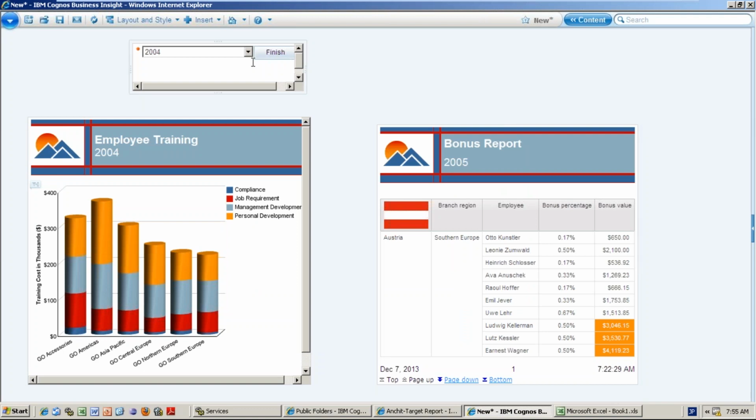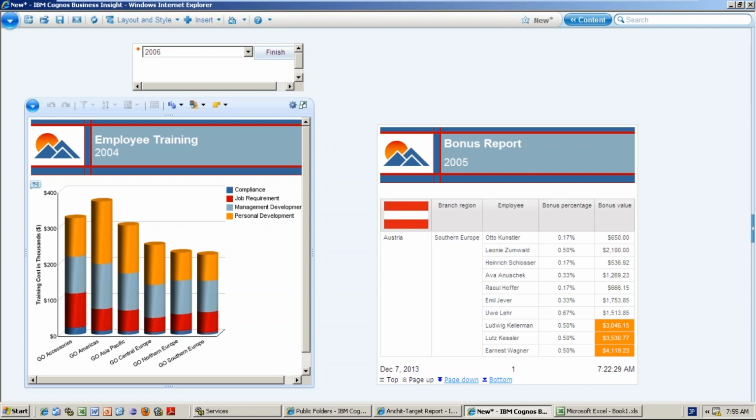So now if you are changing something here, 2006, see, and if you do the finish, nothing will happen here. That means it is not listening from the year prompt. You can restrict. But when it will listen normally, the parameter name in both the reports should be the same. Okay, then automatically it will listen. But if you don't want it, you can make it not listen from here.